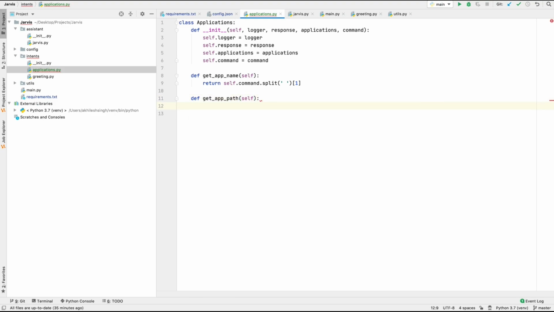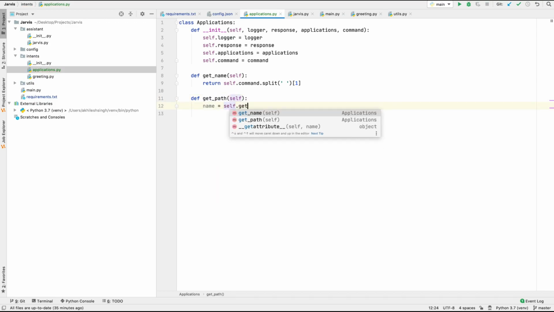and here first I'm going to have the app name, or we can have only the name because this is the applications class. So let me just remove this from here also. And here, name, and self dot get name, we will have the name of the application.